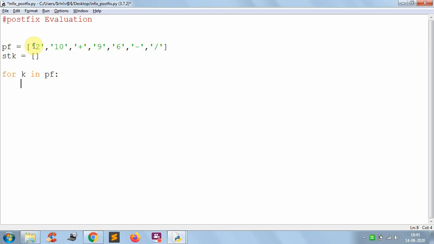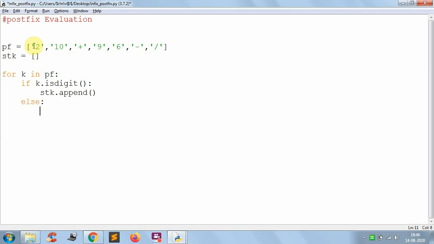For suppose if the given input is an operand, so here we are evaluating, that's why I am using the concept of digit. k dot isdigit, if the given input is an operand. So what we have to do, simply push this one into the stack, stack dot append.